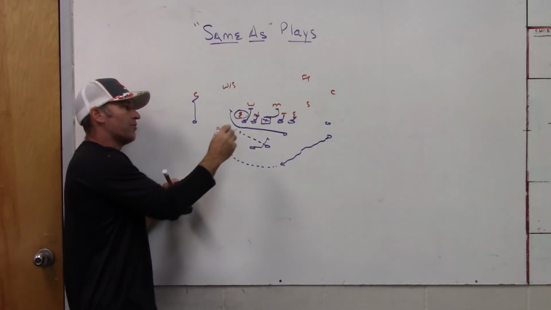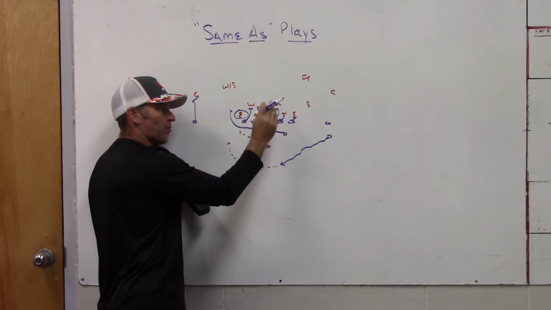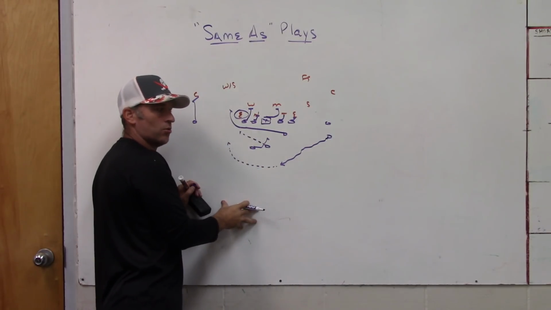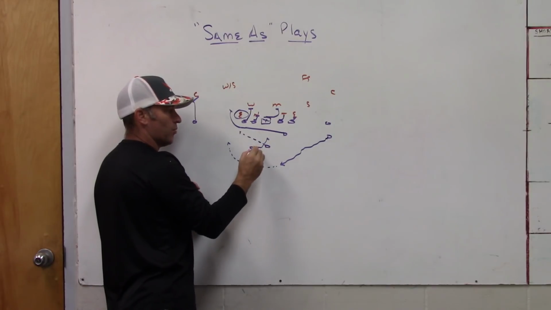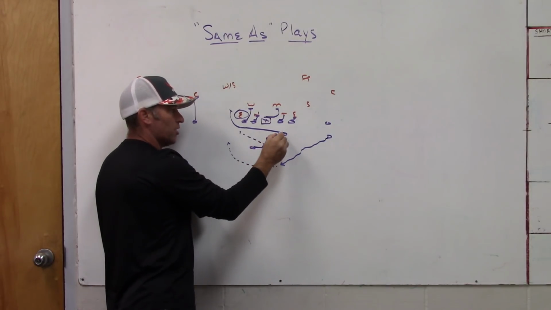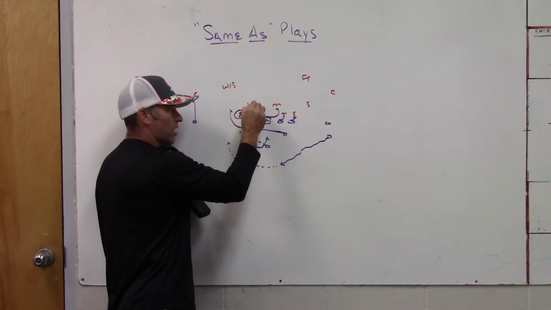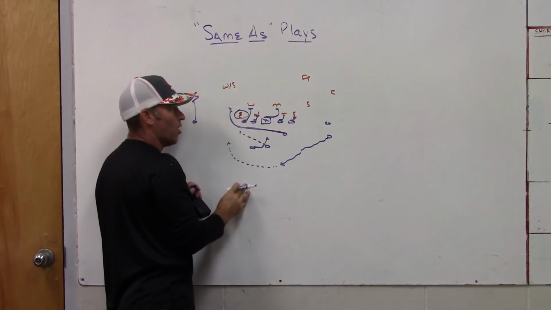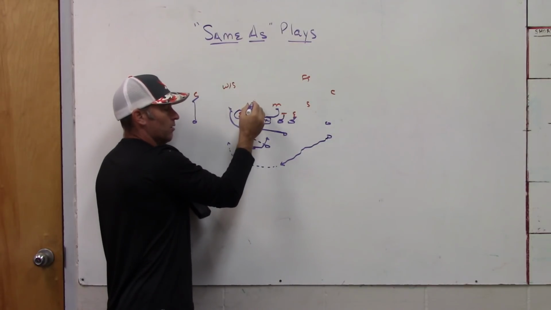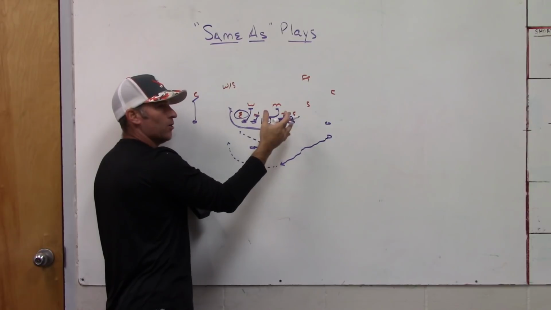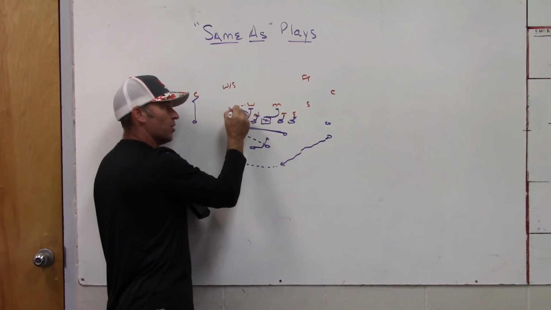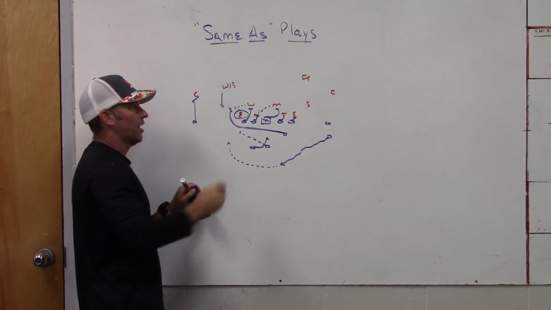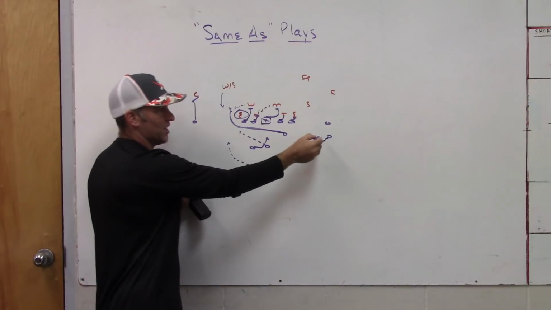All right, so now we've got that same motion coming where we ran power and buck sweep. Now we bring the same motion and we go triple off a tight zone. Okay, now we go triple off a tight zone and we go regular tight zone, which is part of our base. Come over here to kick. He's getting a down block flow away, so we know we're going to probably get a wrong arm. When he goes to wrong arm, we dip and we're ready to seal inside out, because if teams play rock back or fallback gaps, we're thinking that this Will's going to come back here, this Mike's going to come down in here, and then we'll get the weak safety down as a support guy, which is okay because we're going to pitch off him, because now with the motion guy coming,